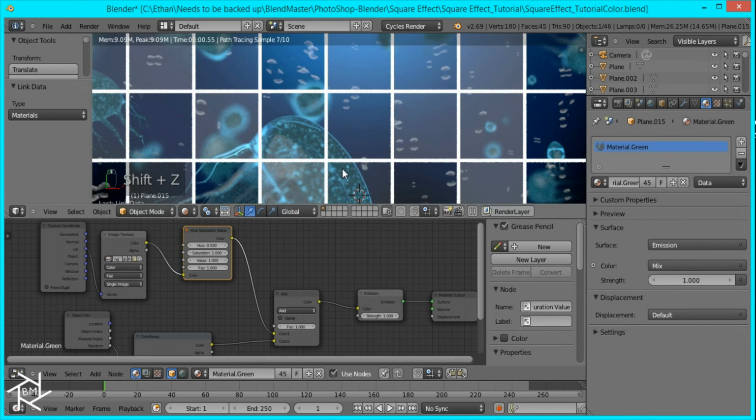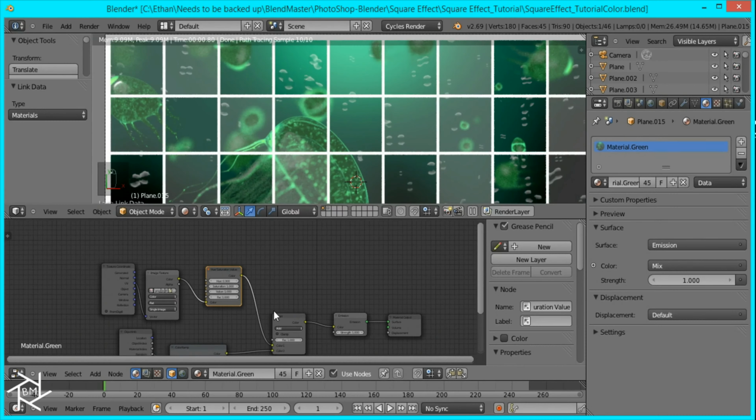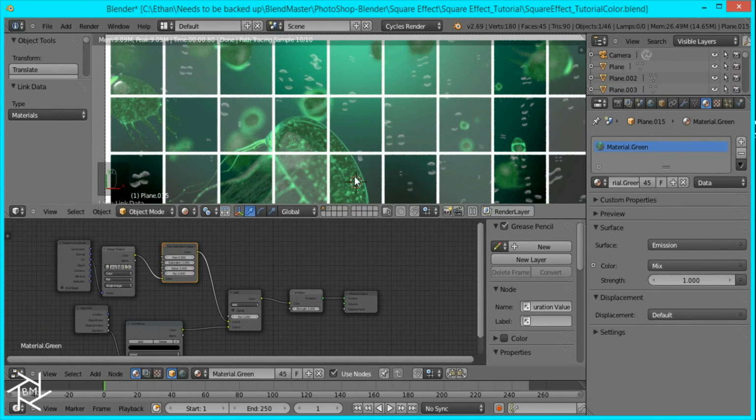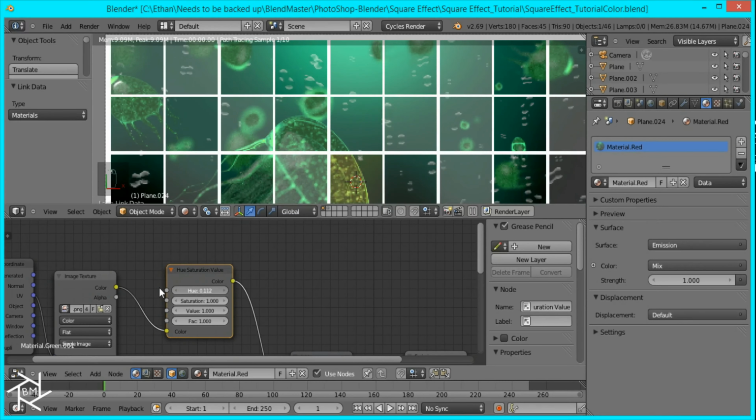We'll just play with this hue until it gets a greenish tint. Okay, so like right about there, 0.3 maybe. Okay, so now we have a green color, and we can select another one and give it a red color, and then we'll just play with this value until we get another good looking red, so maybe like 0.9,